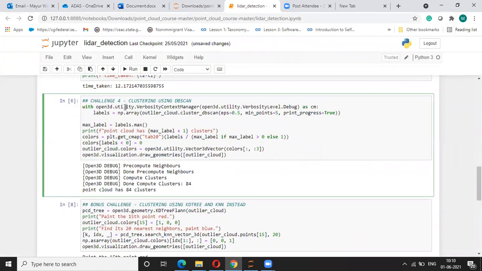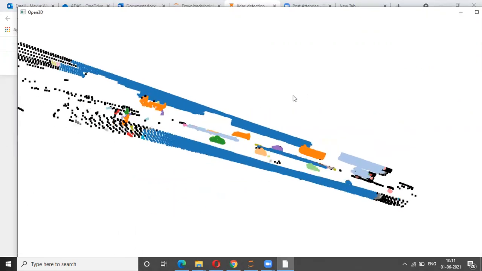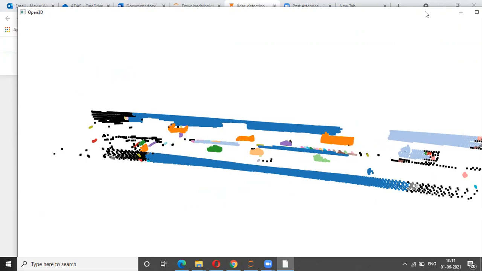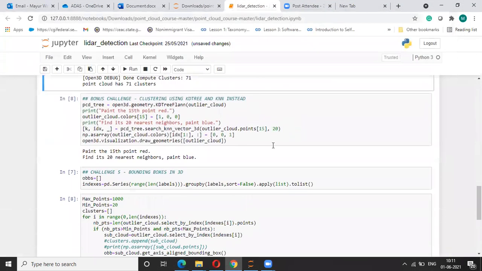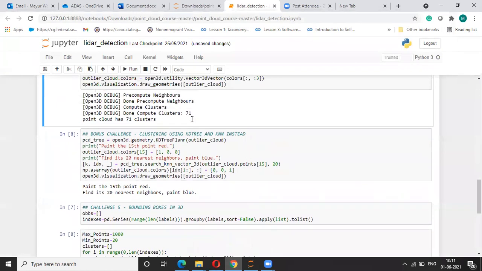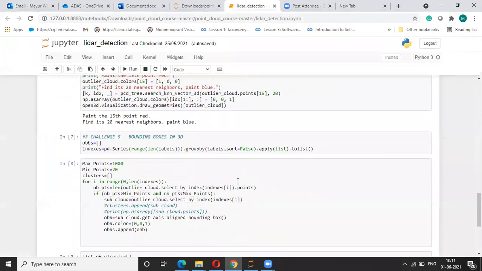So the next thing that we need to do after segmentation is apply the DBSCAN algorithm over our outlier cluster, and then we have to find small clusters which belong to different obstacles. Okay, so this is something we're going to run, and we have colored different obstacles with different colors. So this is something you can see over here. This is just the DBSCAN command. The next thing is we need to apply bounding boxes. We will also see how to apply the KD-tree and k-means algorithm over here, which operates on a centroid principle. But before that, I will just show you how exactly DBSCAN works over here.